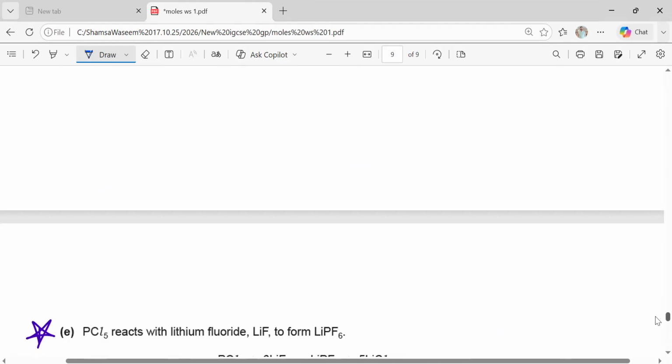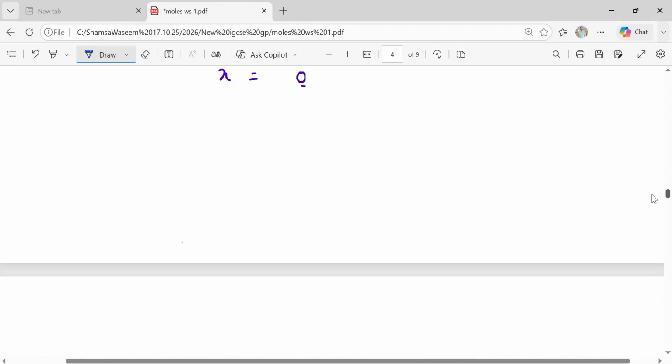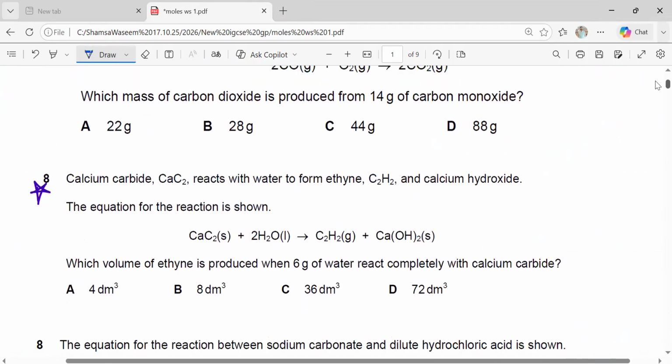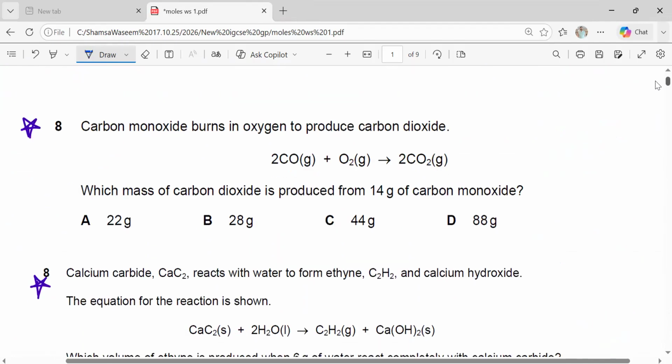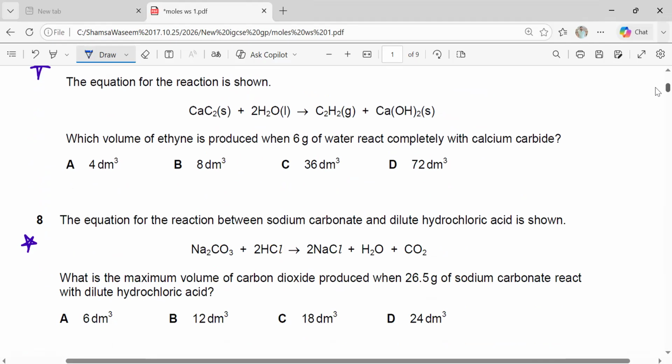Okay, what we are left with is percentage yield, limiting reagent, excess reagent, and also empirical and molecular formula. That's very easy, and percentage by mass. So we will still have more lessons for mole questions. Do one thing, children, try to solve the questions which are marked with an asterisk. Is it okay? I will also send one more question regarding concentration, which is not given in the worksheet. So you could also do that.